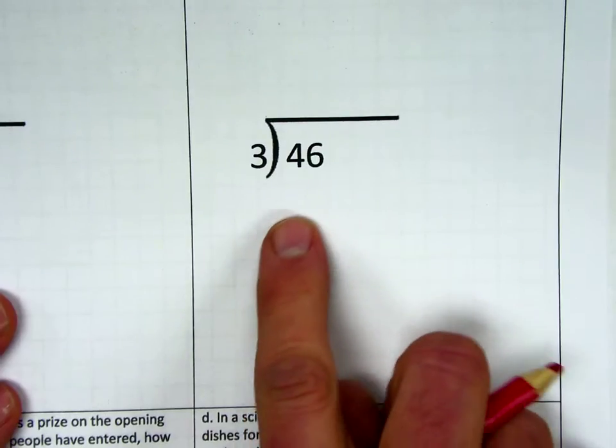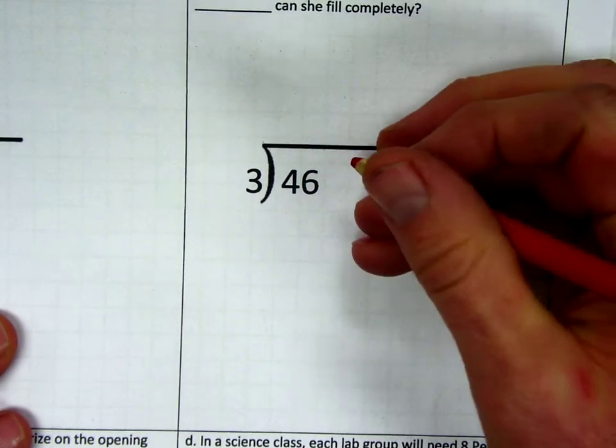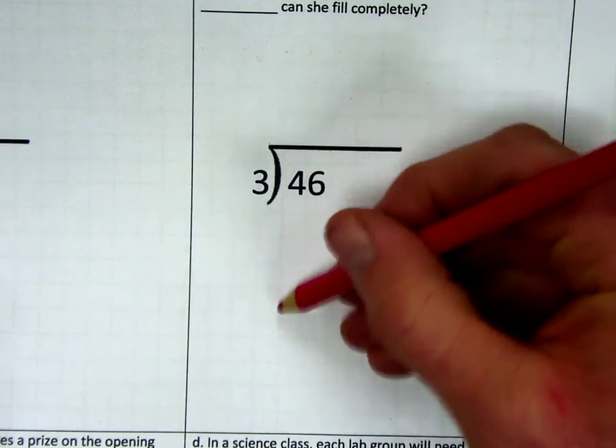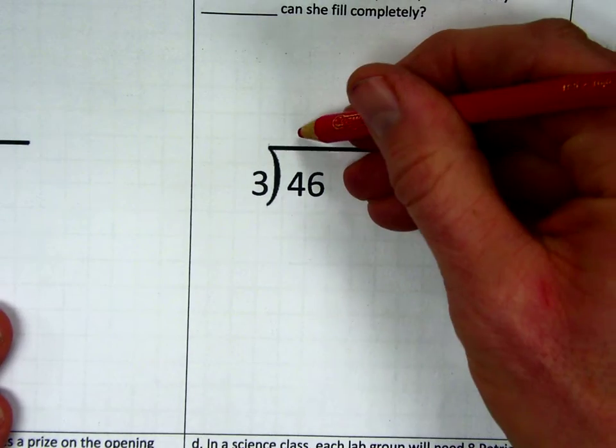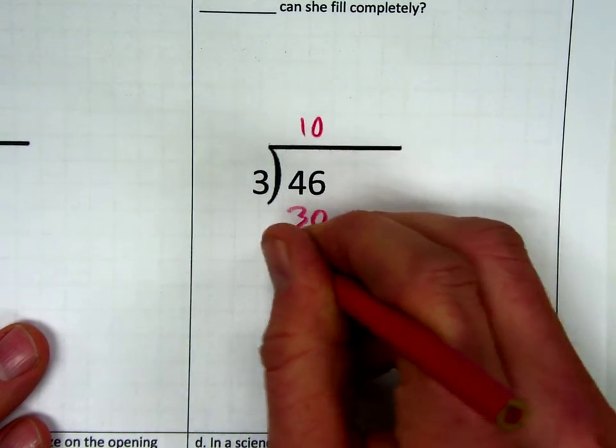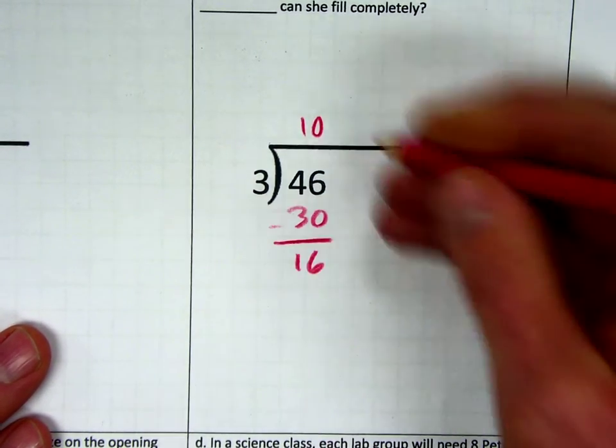So say you got a number like 3 into 46. You ask the students again, what should you guess with if you're using the expanded form and you're not sure how this all works yet with long division? Well, they might say, well, I know 10 again. That's 30. And I would subtract downward and get 16, and then I know 5